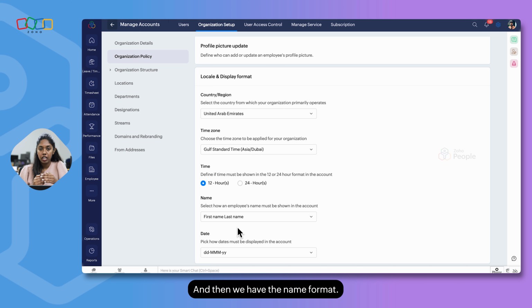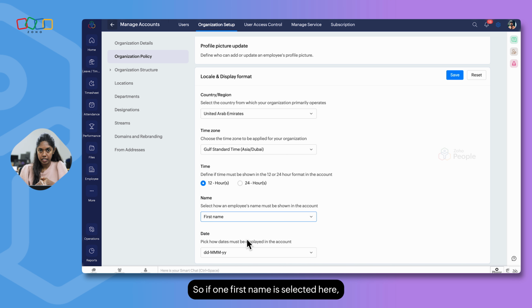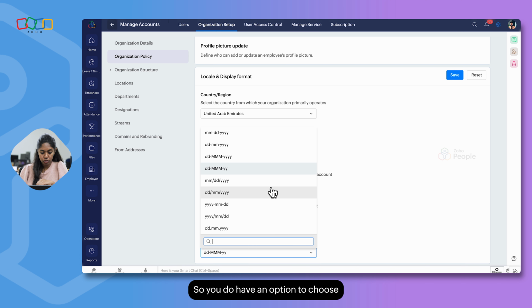And then we have the name format. You do have different options to select from. For example, you can select only the last name or even only the first name. If only the first name is selected here, an employee will be represented only by the first name in the system. And at last, we have the date format. You do have an option to choose from a predefined list of date formats.